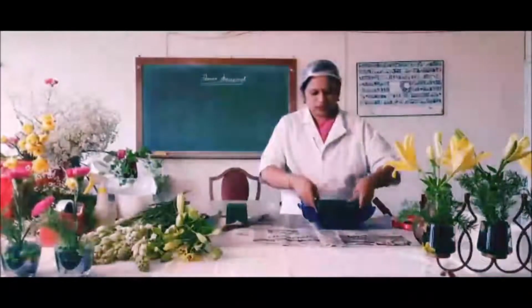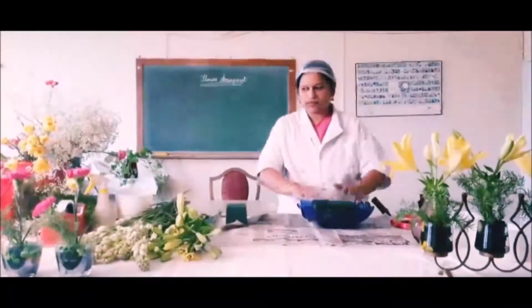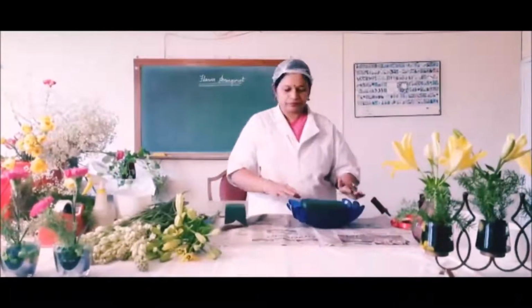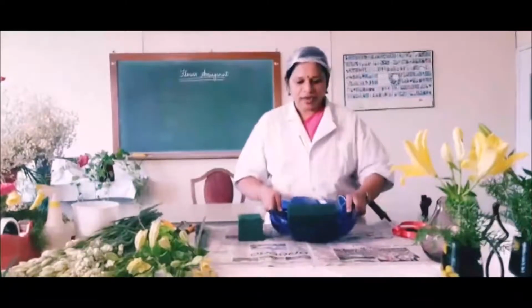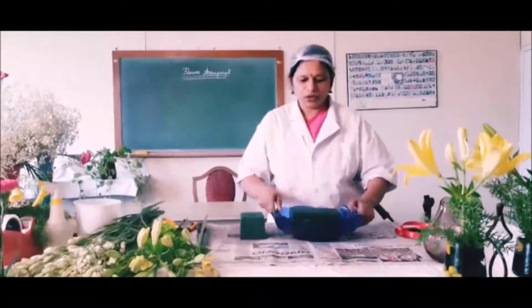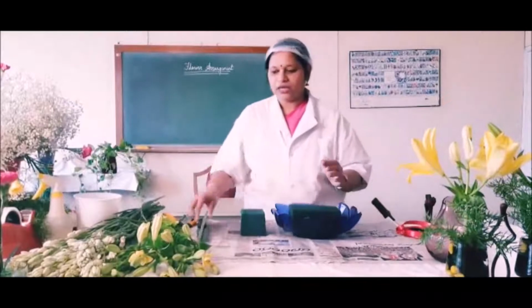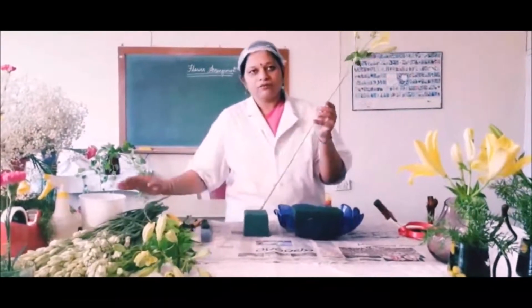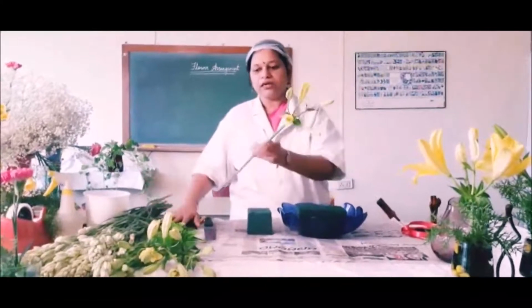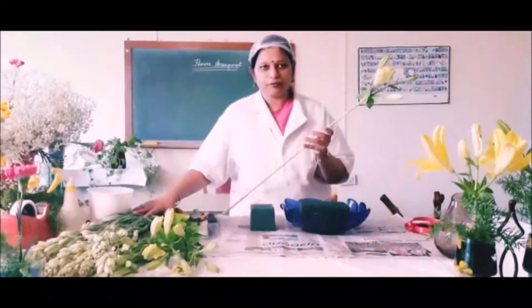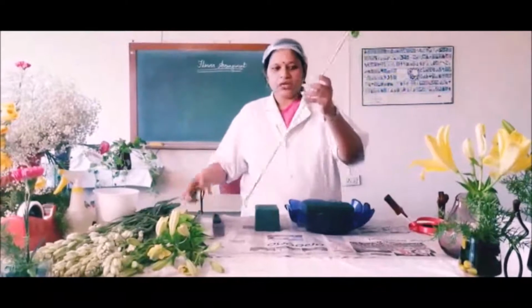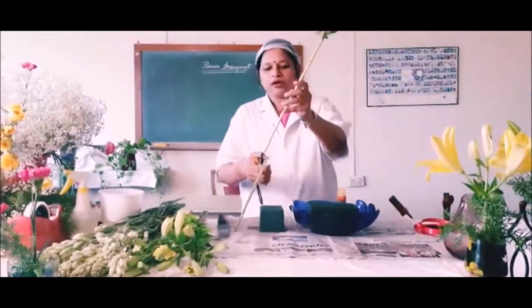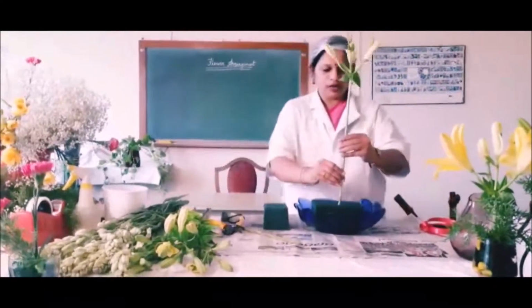Now just put the foam sturdy in this, pour enough water into it. I have filled this with water. Don't put too much water because the container becomes too heavy and it is difficult for us to carry on to the destination. So the ideal flowers within the available flowers are Asiatic lilies and tuberose, which I have preferred for the restaurant arrangement. Now don't cut the stems too small.